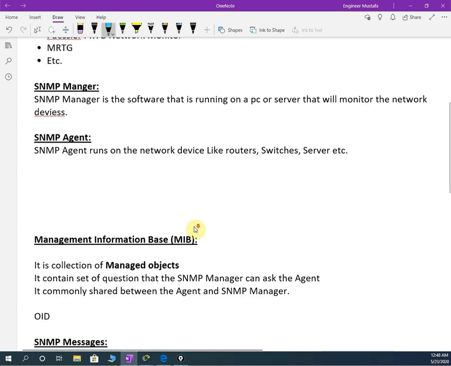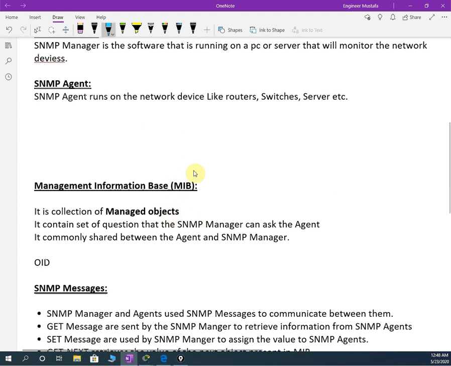Okay, in this one we have a Management Information Base. We have one database, that is the Management Information Base. It is a collection of managed objects. Means in this database we have the information whatever we need to pull from the devices. Depending upon the different vendors, they have different features, like every 1 minute we need to check the status of the router, check the interface status, check the temperature of the router, check how much RAM is being utilized, how much CPU is utilized, and what about the switch. We have so many things present in the MIB. So we can say it is a collection of managed objects.